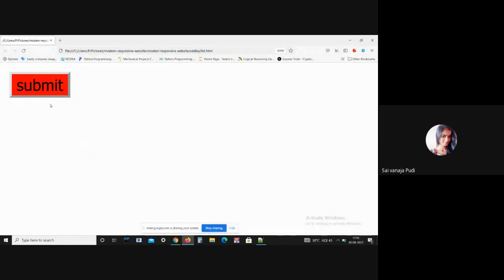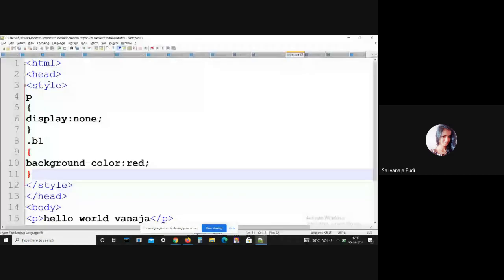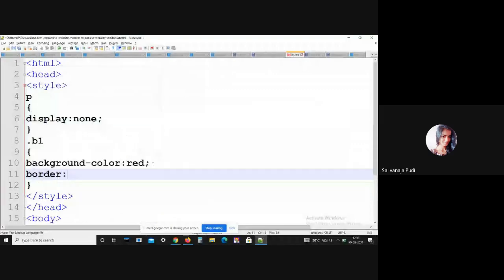Followed by that we have another property which we can apply to this button, that is border. We can even add a border. This border is generally used to set the border of the button. We have border with border color, border style. Let me give border 10 pixels.